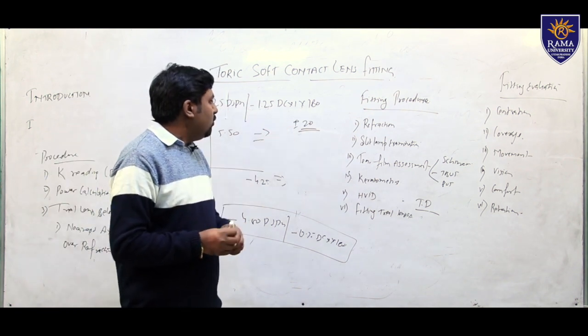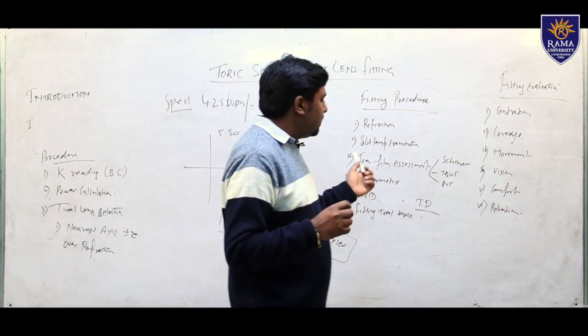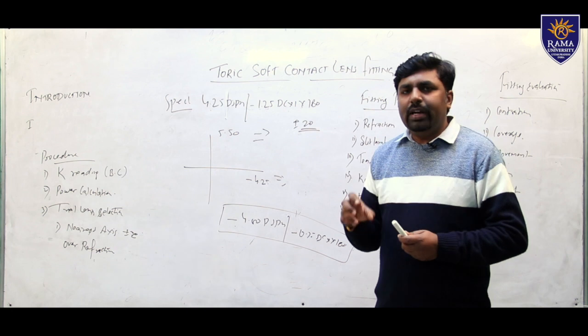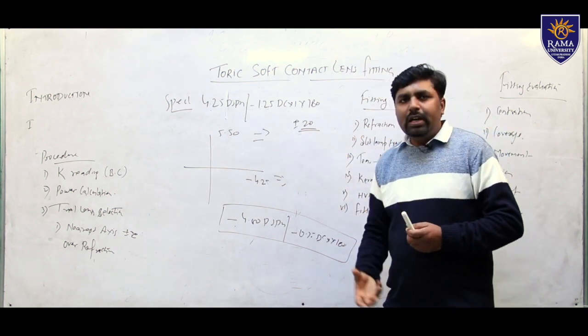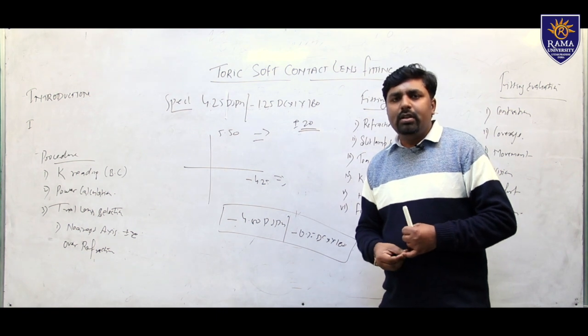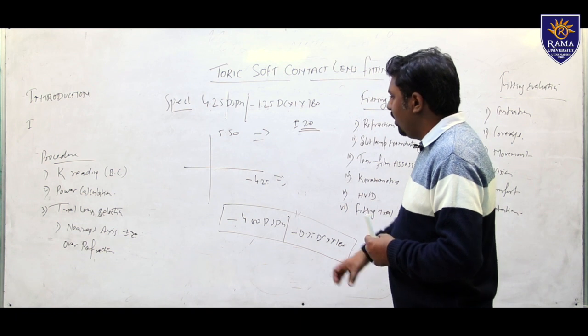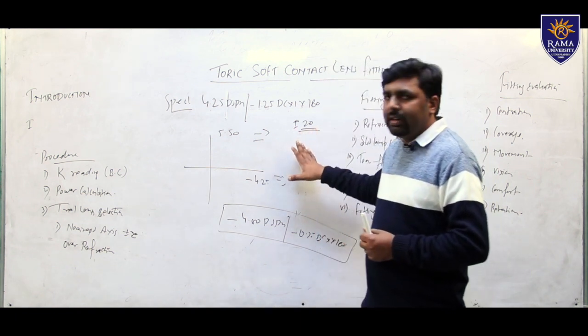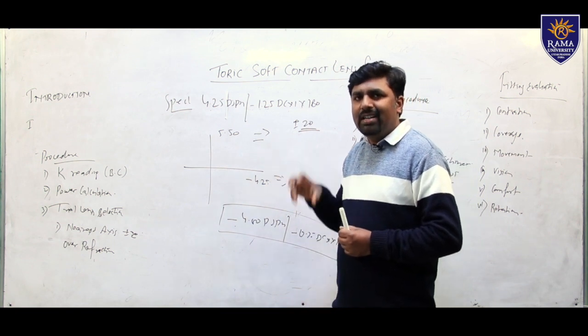Suppose you have 1.25 or 0.75 value, and the axis is 180 degrees, so try to find out the axis available at 180 degrees, or whatever is available in the trial lenses box that is the very nearest value, always select for the trial purpose. After insertion of the trial lenses in the eye,